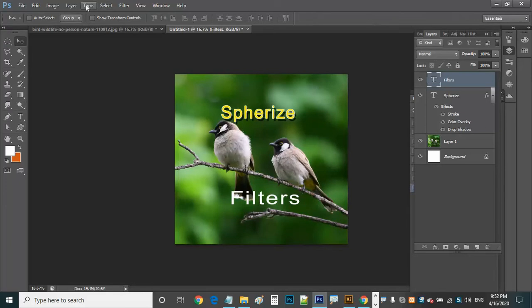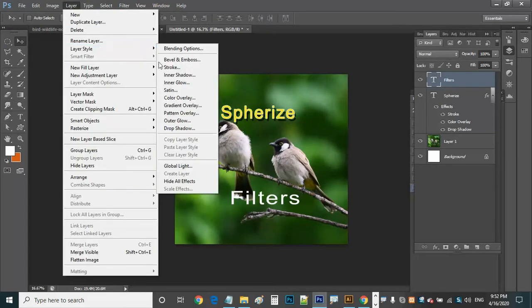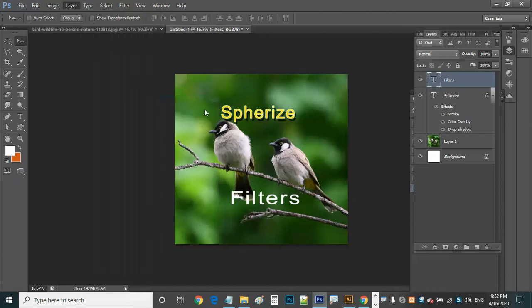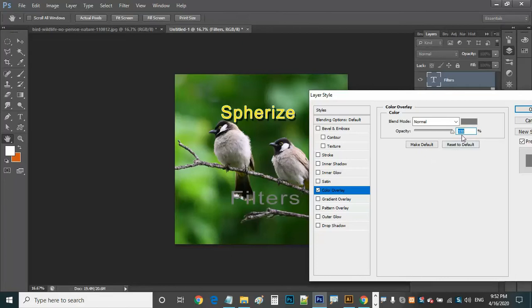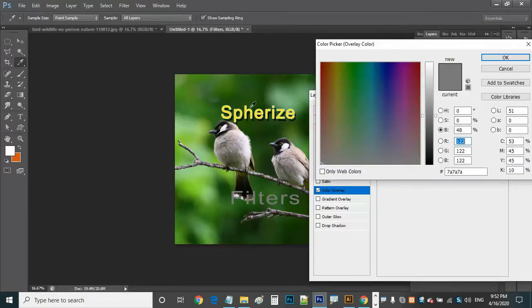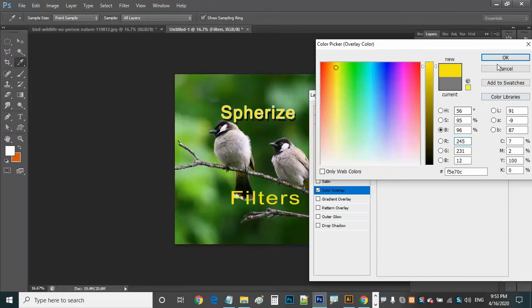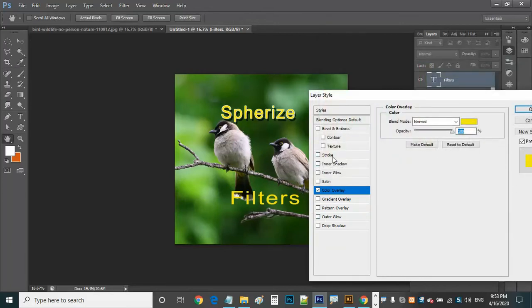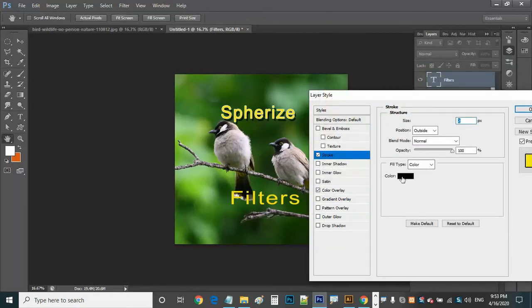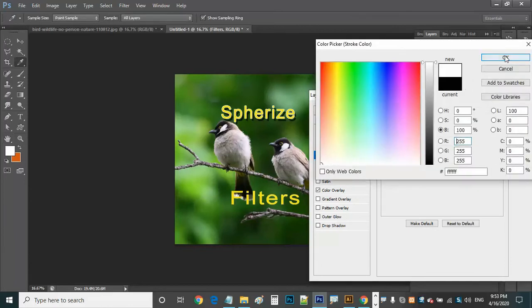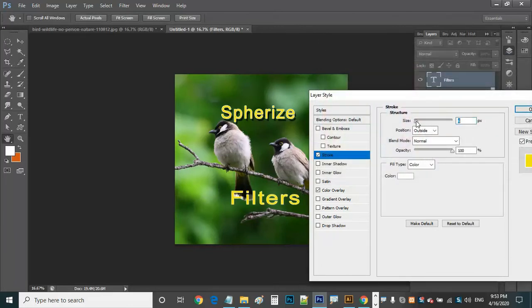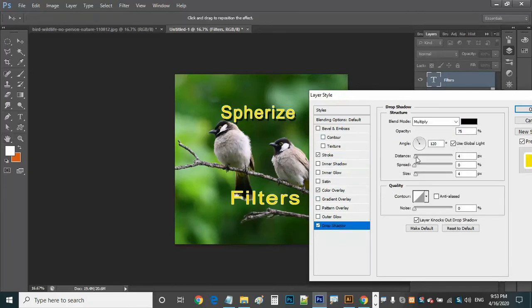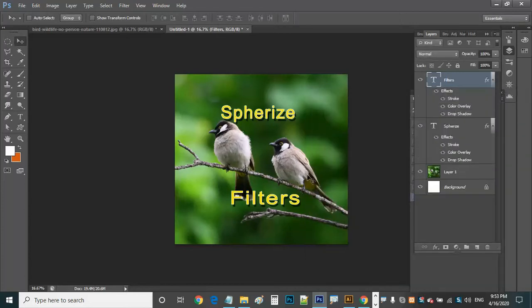Then I want to change this color also by using layer styles. You can keep that color as it is, or you can change it if you want. I want to take some color, so that is the same color I want to take here, and I can apply that stroke also if you want. Stroke color I want to change to white, and the thickness is okay, and I also want to apply a shadow for that. So the distance I can change. So these are the things which are finished here now.